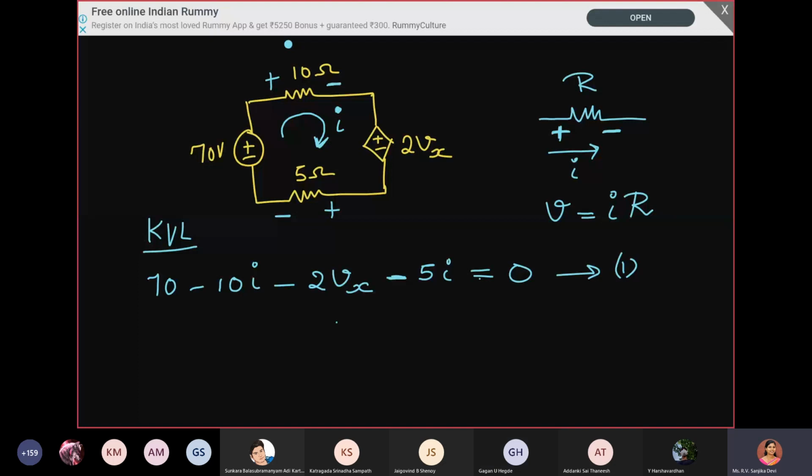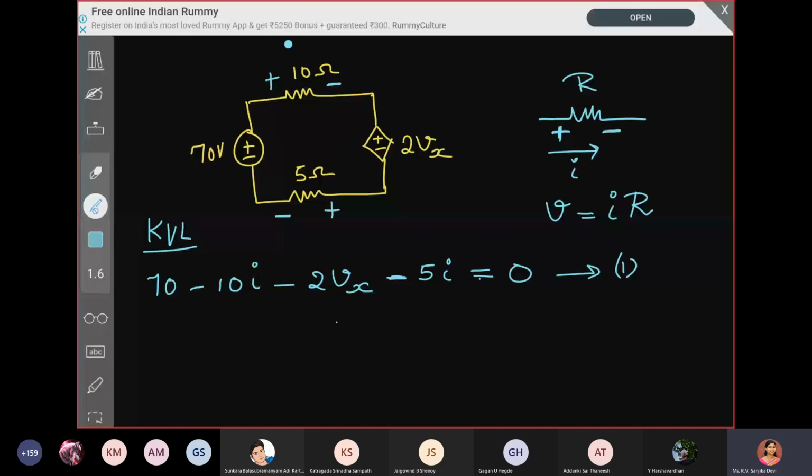Okay. So this is the first equation, and this equation has got two unknowns, but we are having only a single equation. For a given loop, we can write only one KVL equation, right? So with two unknowns, we cannot solve the values. So we have to get at least one relation between this Vx and I. So for that we will make use of the circuit again. In the circuit, what they have given, the voltage drop across. So I will just remove this I here right now.